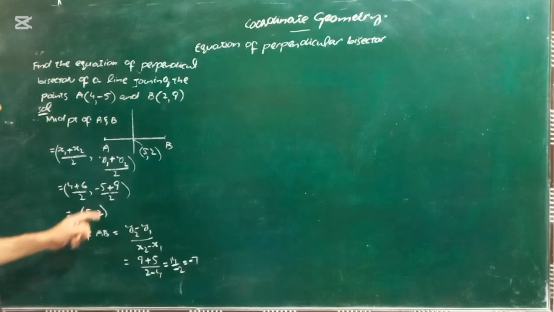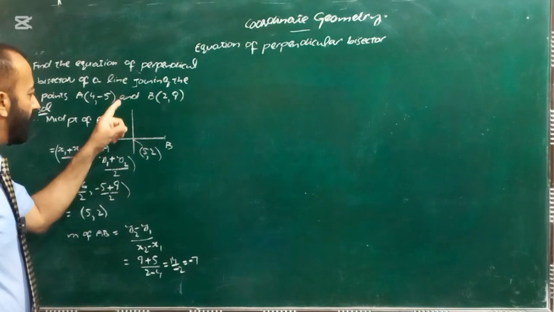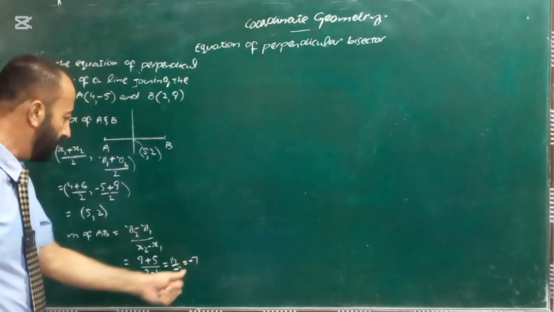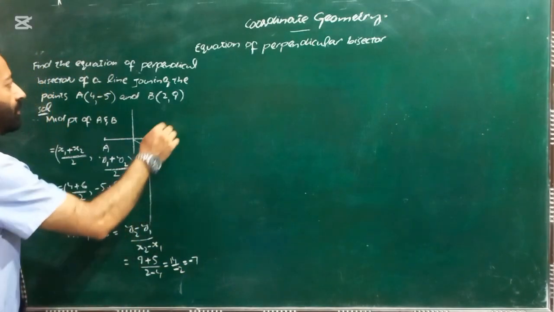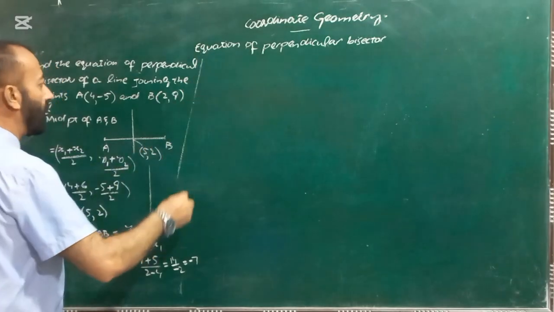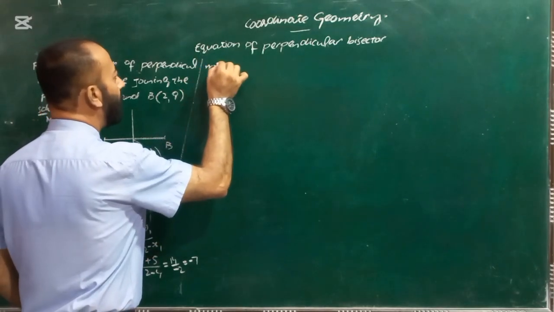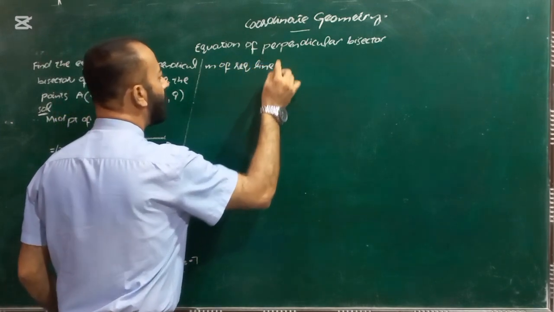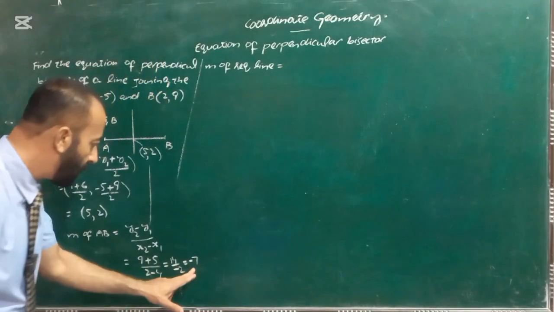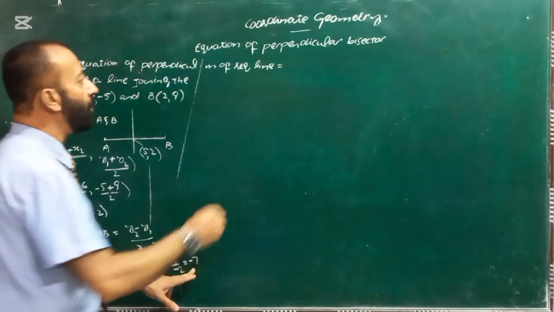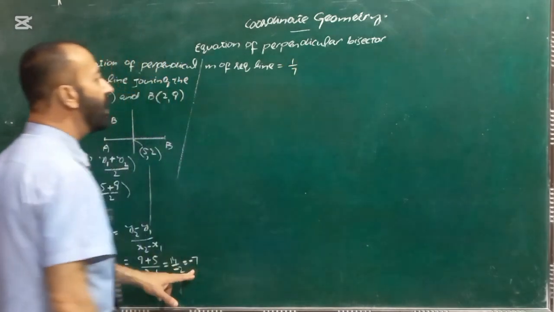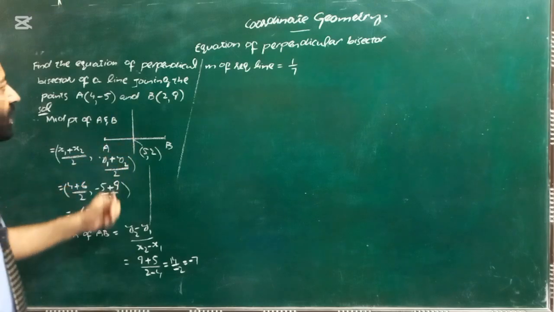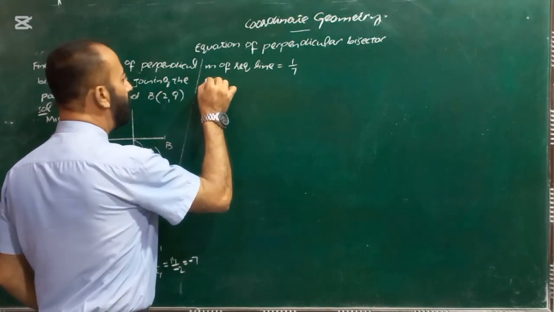So as you know, if we have the gradient of AB, the gradient of the perpendicular line will be minus reciprocal of this one. So look now, gradient of required line will be negative reciprocal of this one. So negative reciprocal of this one will be 1 by 7. So it means now we have a gradient and a point on this line. So we can find the equation of the line. So the equation of the required line,